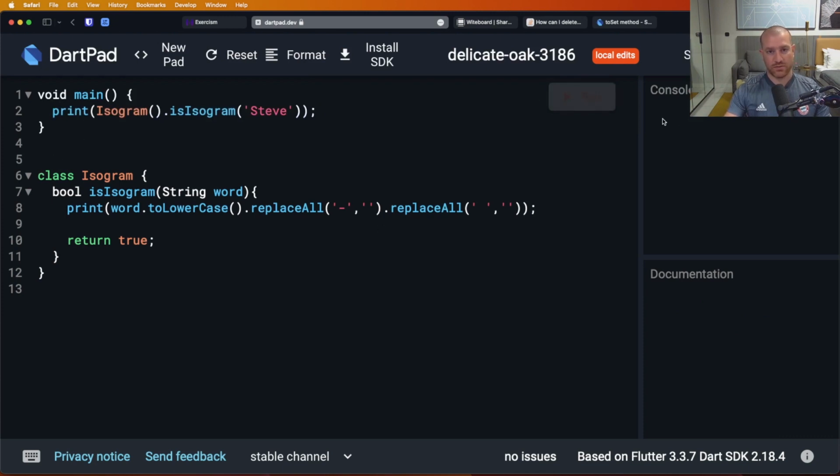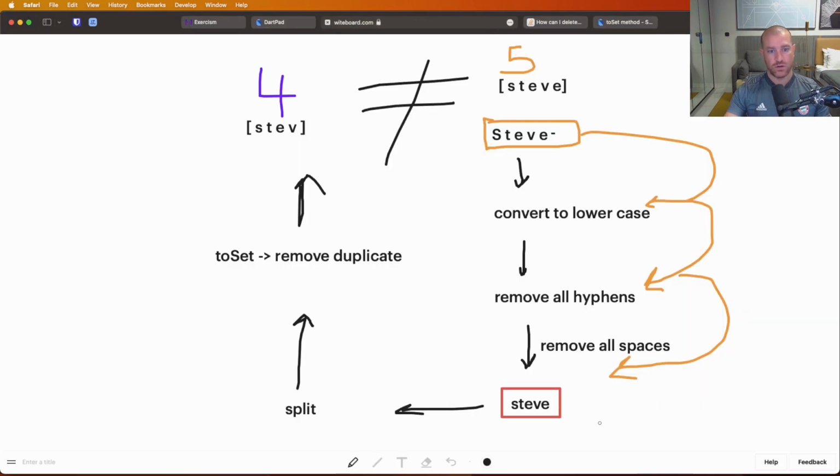So we will have Steve and true. Okay, so you see, now we are on this step. Check, check, check, check. So now we need to split. But before I do that, you see that this one is also the same. So basically this step,